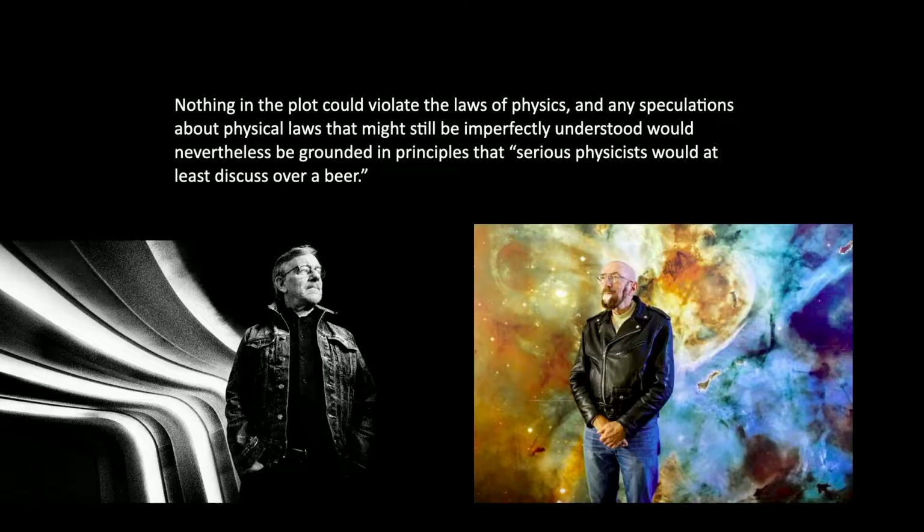A famous example is Kip Thorne. Kip Thorne is a very, very famous scientist working on general relativity, black holes, for instance. And he was always fond of science fiction. He helped Carl Sagan to write Contact, because Carl Sagan needed a wormhole in his plot, and Kip Thorne theorized the concept of the wormhole. And